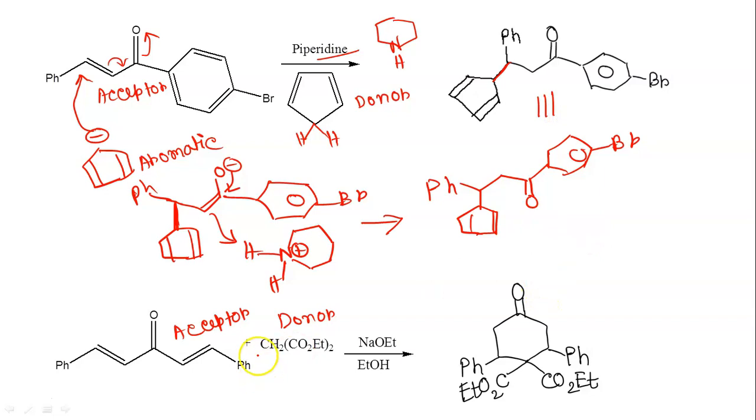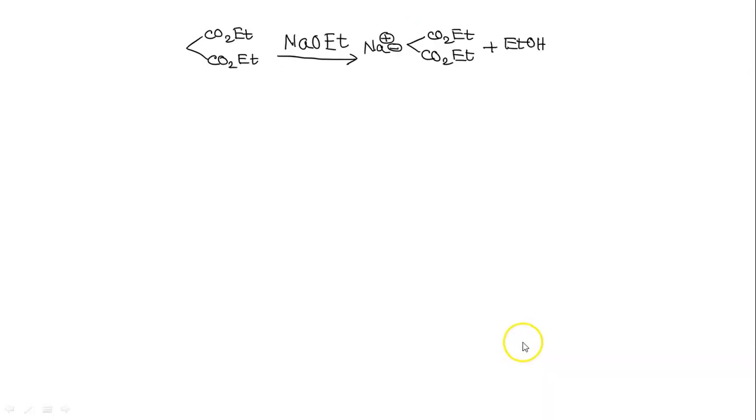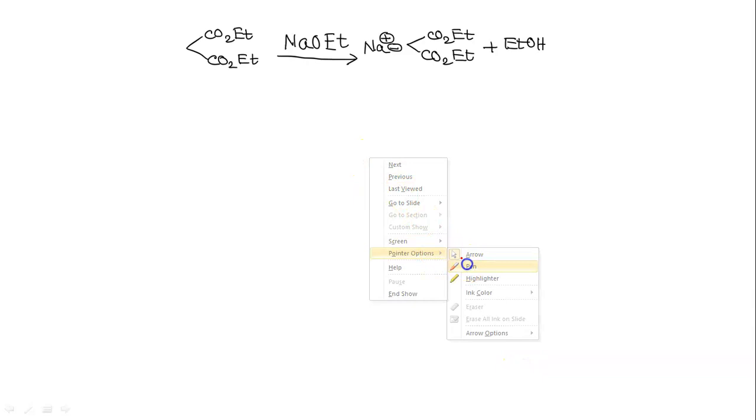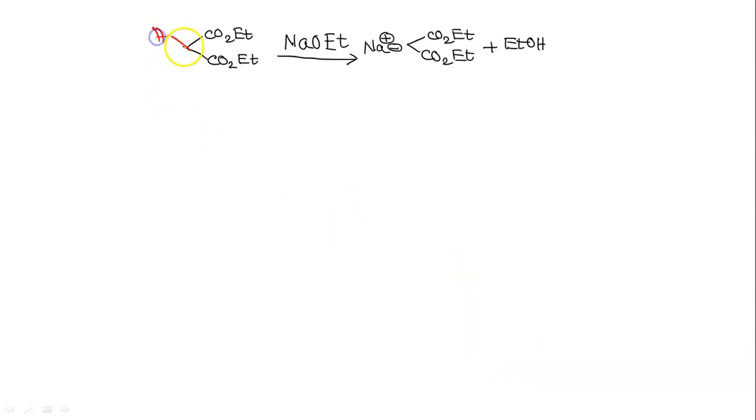Okay, and the next one, here we have 2 CC double bonds. So 2 times there will be Michael addition, and that is why we are getting a cyclic compound. So these 2 bonds are newly generated CC bonds. So this part basically is coming from our donor and the other part is coming from the acceptor. So let's see the mechanism. In presence of NaOH, one of the protons from this active methylene will be removed and there will be a carbanion. So this is our donor. This is the actual nucleophile.